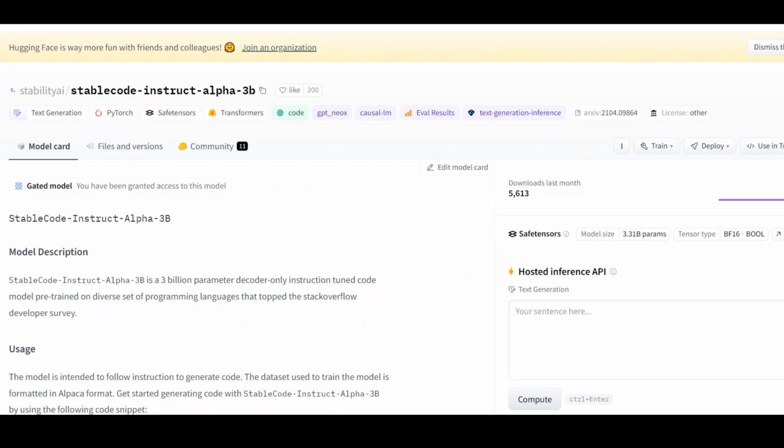In this video, I'm going to show you how to locally install StableCode, which is an AI code generator from Stability AI. This model is a gated model, so you would need to log into Hugging Face through your code. For this demo, I'll be using AWS SageMaker Notebook instance, and I already have installed it and run few commands